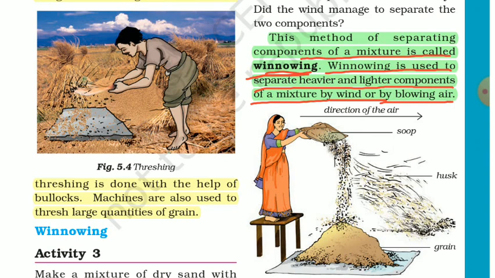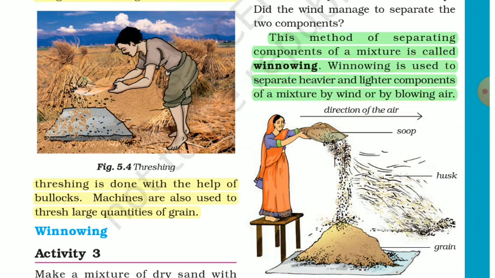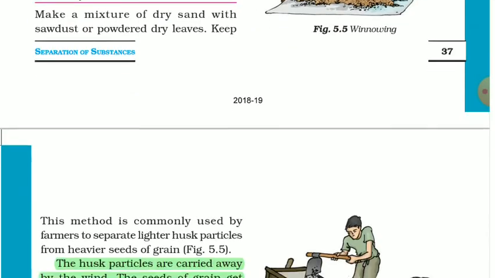Okay, here we can see a farmer, a lady, doing what? She is separating the husk from the grains, as the grains are heavier components and the husk is a lighter component. So with the help of the wind, as the direction of the wind is toward the right side of this page, the wind will blow all the husk away from the grains, and as the grains are heavier, they will settle down, isn't it? So with this simple technique, the farmers can separate the husk, which are what? Impurities, or we will not eat the husk, obviously, isn't it?